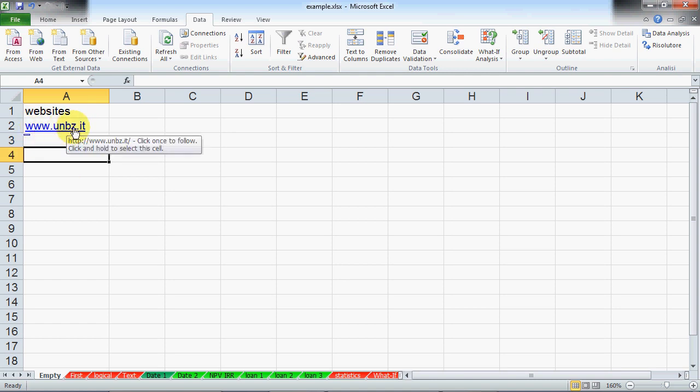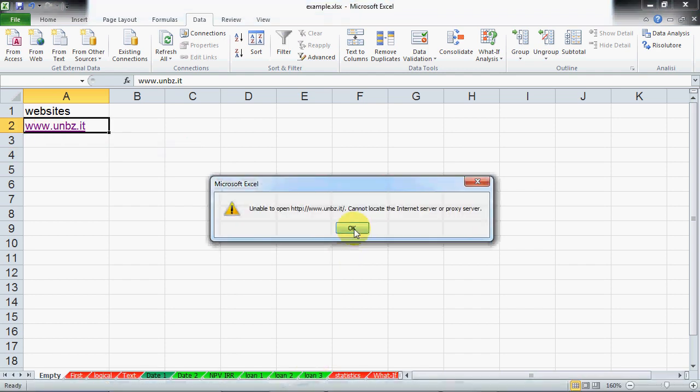So first of all it's blue, underlined, but especially whenever you click here, not because you want to go to this website, but simply because you want to select a cell and do something with this cell, Excel starts Explorer, or in this case it doesn't work, luckily,